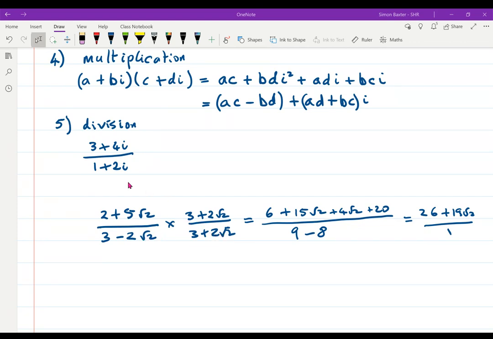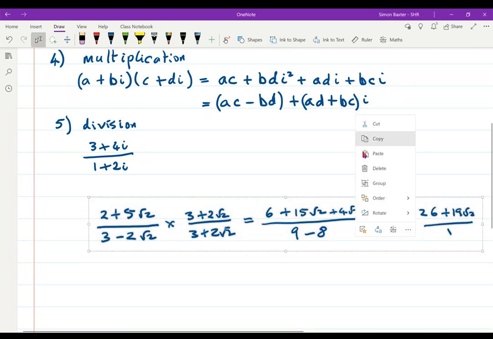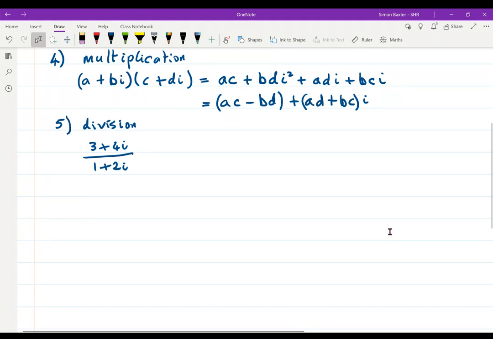Well, we're going to play the same trick up here because this is just the square root of minus 1. So if we want to get rid of that i on the bottom, if we multiply by 1 minus 2i, then we should be able to do exactly the same as we did just down here. So let's just take this little lot and get rid of it, and let's multiply top and bottom by 1 minus 2i. 3 plus 4i divided by 1 plus 2i